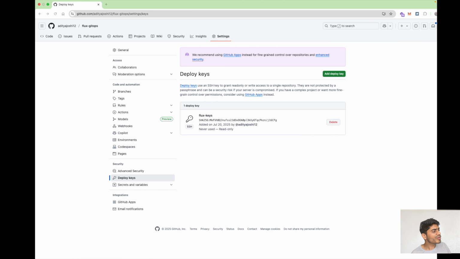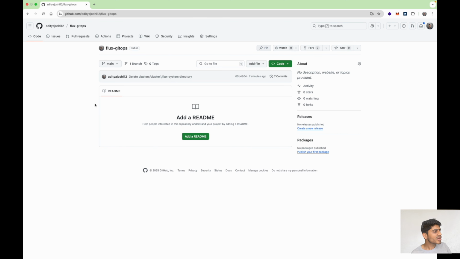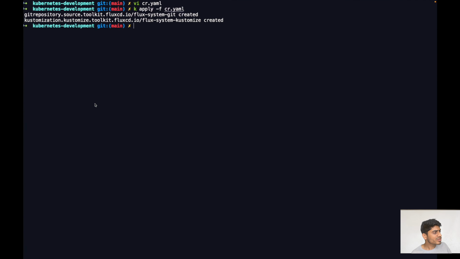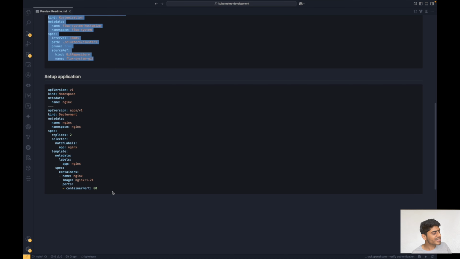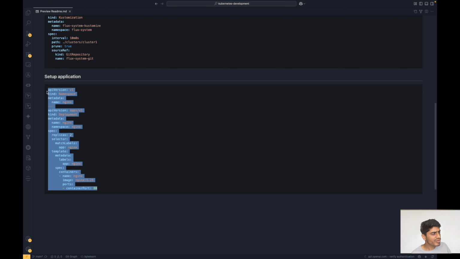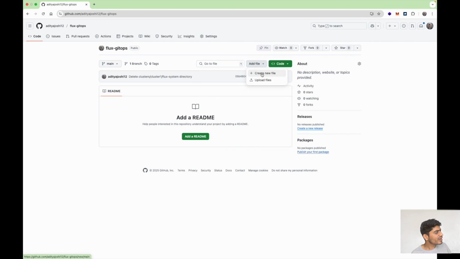And now what we can do, we can go to the Git repository and create a resource. And let's see whether that resource gets created to the cluster or not. So what I'm going to do, I already have an application here, application code. It's an Nginx application. We want to create a namespace with name Nginx, and a deployment in that namespace with name Nginx, right? So I'll copy this configuration, and I'll go to the Git repository. I'll add that file,